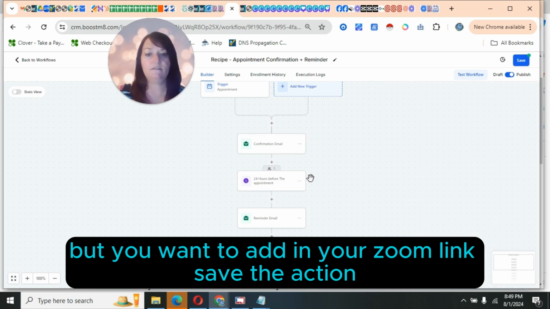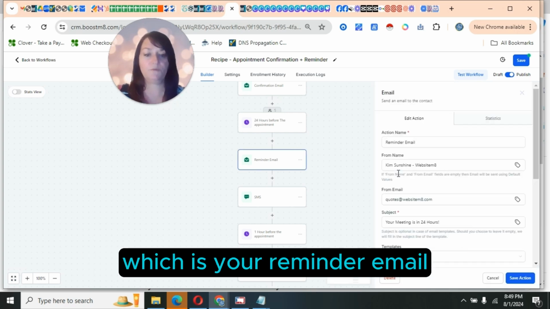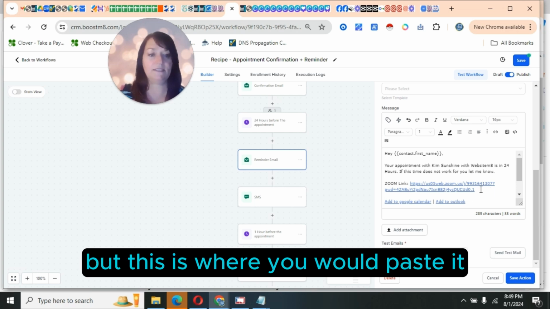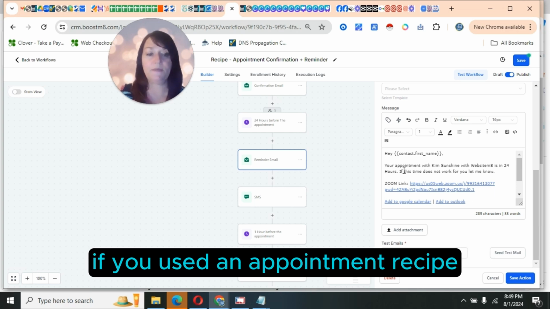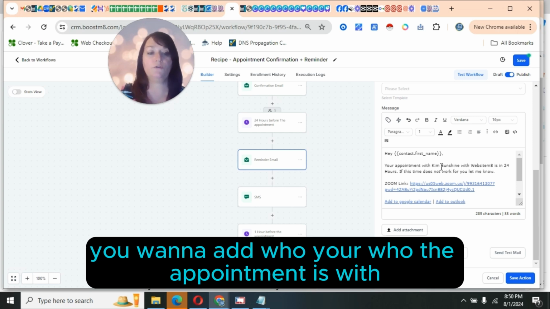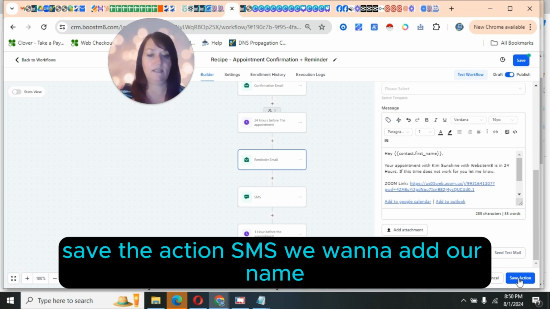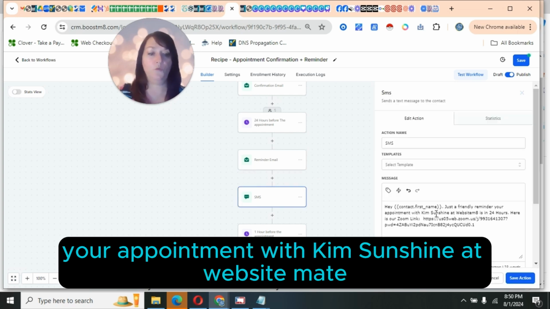Save the action. Next, you want to do your next email, which is your reminder email. Scroll down. My link is already here, but this is where you would paste it. You also want to add, if you used an appointment recipe, who the appointment is with and what company it is with. Save the action. SMS, we want to add our name, your appointment with Kim Sunshine at Website Mate, and then